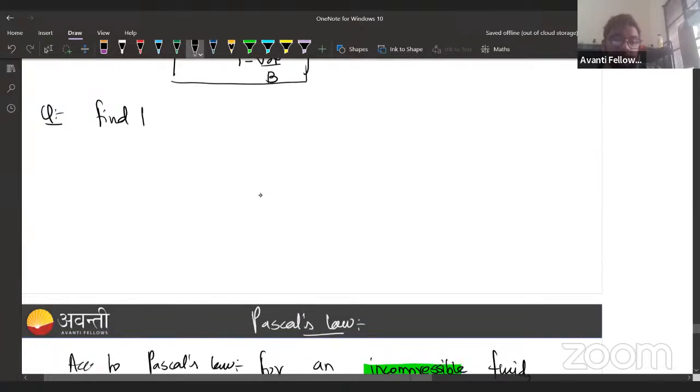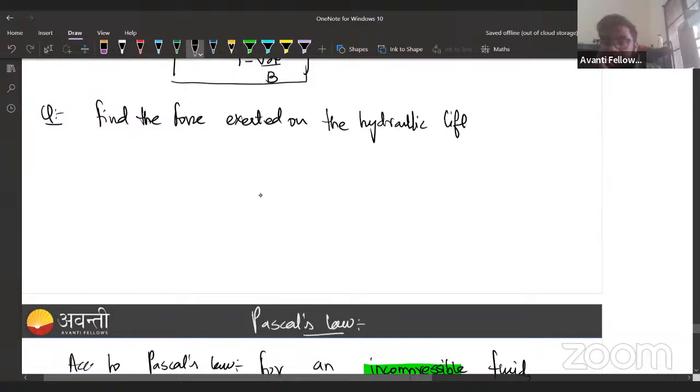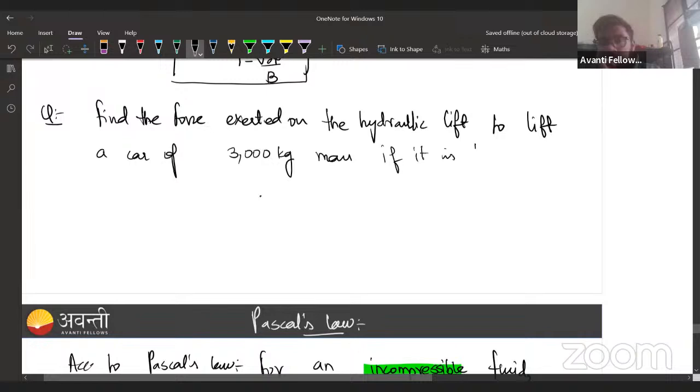Find the force exerted on the hydraulic lift to lift a car of 3000 kg mass if it is kept on a platform of area